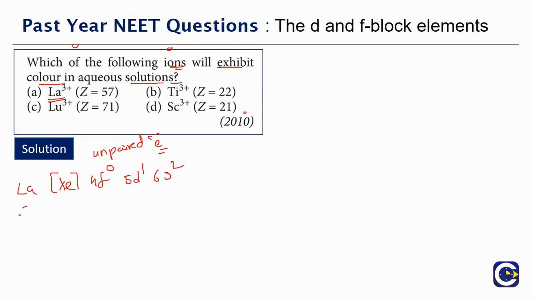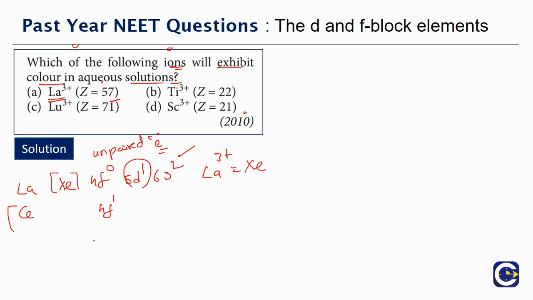After lanthanum we will get cerium. So from cerium onwards we will start entering electrons into 4f. This is where the lanthanides will begin. So lanthanum, atomic number 57. So lanthanum 3+ means we will remove 2 electrons from 6s and 1 electron from 5d. This is going to have the xenon arrangement. So lanthanum 3+ will be having the xenon arrangement.